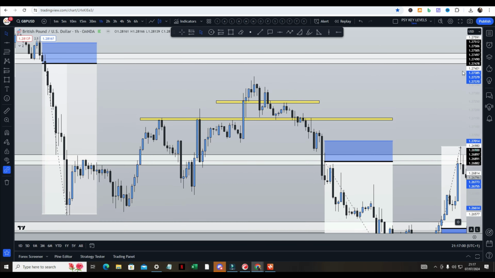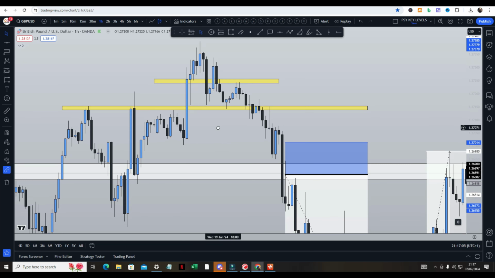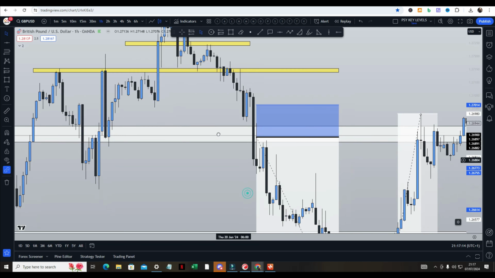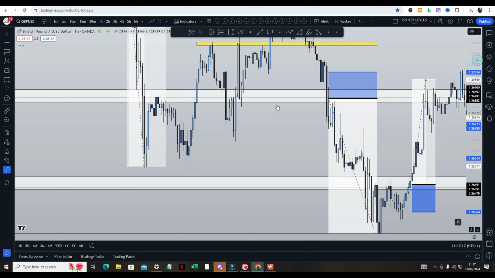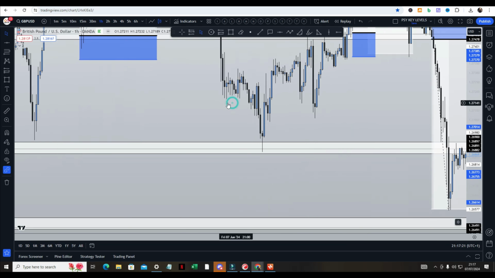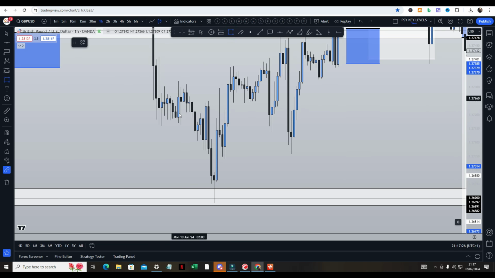But the message I'm trying to send across is that the break and retest happens every single time. Look at this: breakthrough, respected, rejected, neglected, whatever you want to call it. Price continues to go further down again. It happens every single time, even if it's something messy like this. Normally people get intimidated by this. Oh no, look, consolidation, huge wick rejections, the market's really choppy.